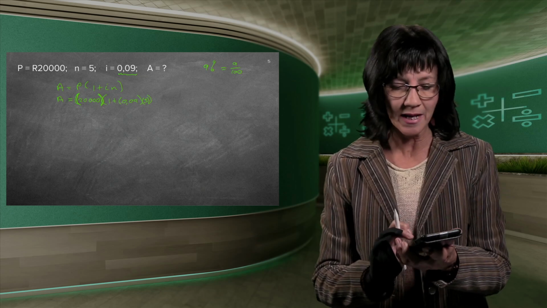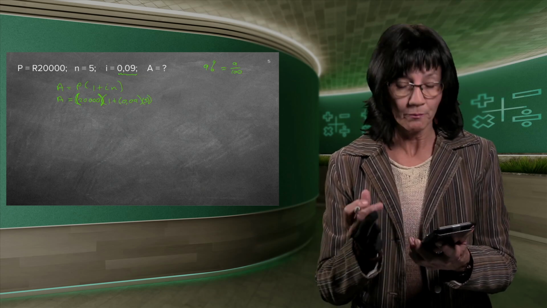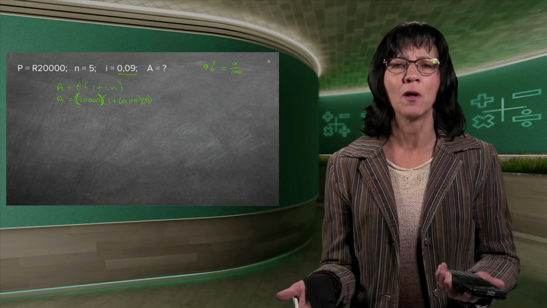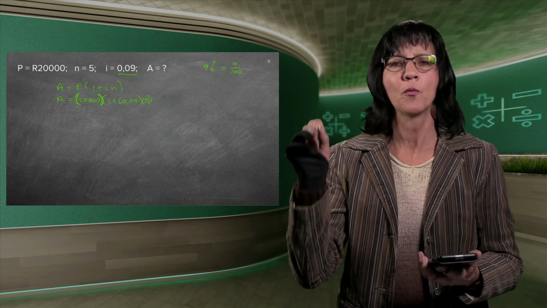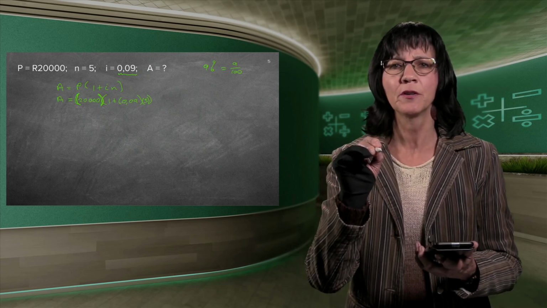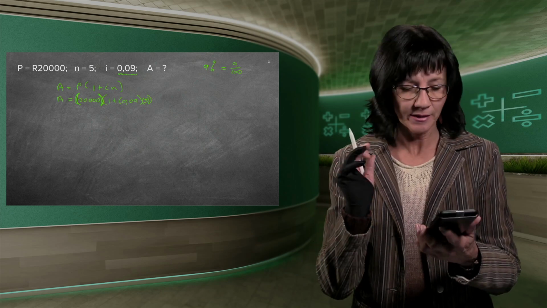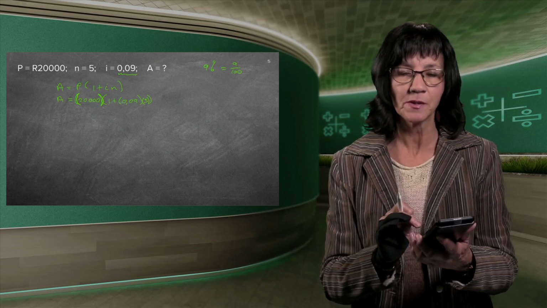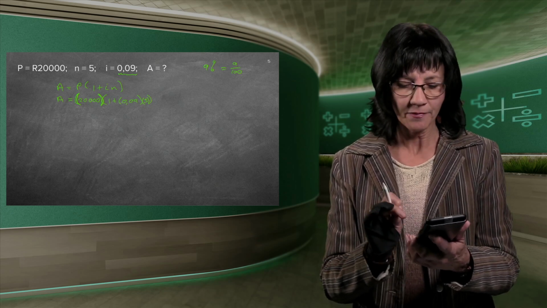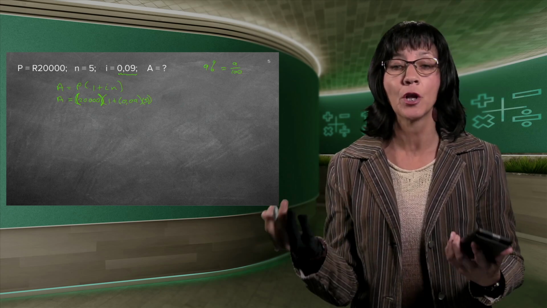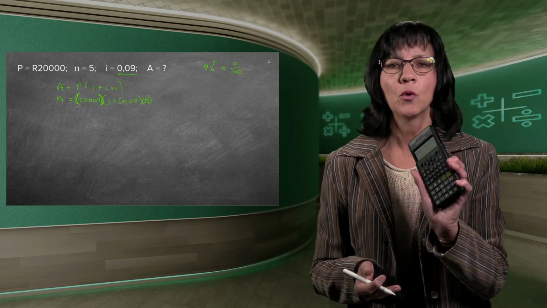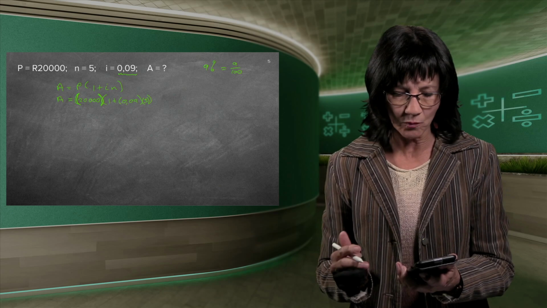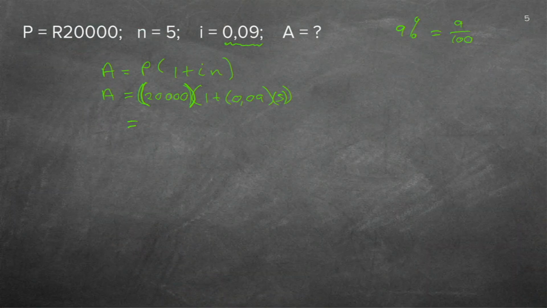You click 1 plus. You see another bracket. But because it's being multiplied, remember, when 2 brackets stand next to one another, it means multiply. So instead of pressing 4 brackets now for the 0.09 and the 5, 4 little brackets, you can just say 0.09 times 5. And then you close your bracket. Very important that you close the bracket in the end. So when you're done, your calculator needs to look just like the formula you see in front of you. And then you just press the equal sign. And it gives you a nice answer,